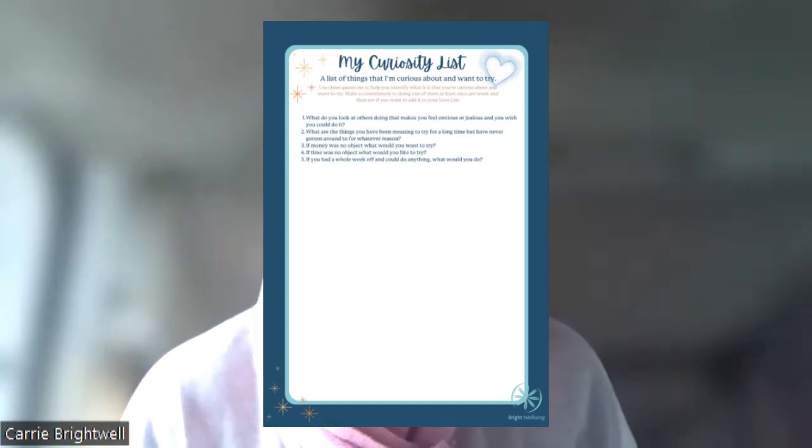So what do you need to do if you can't get to 20? So that's when the curiosity list comes in. Now, the curiosity list, what do we do with this? The purpose of this is to start to expand and to explore who we are as an individual, about what we like and what we love. So you're going to be asking yourself questions such as, what are those things that I've always wanted to do, but I've never allowed myself to do?